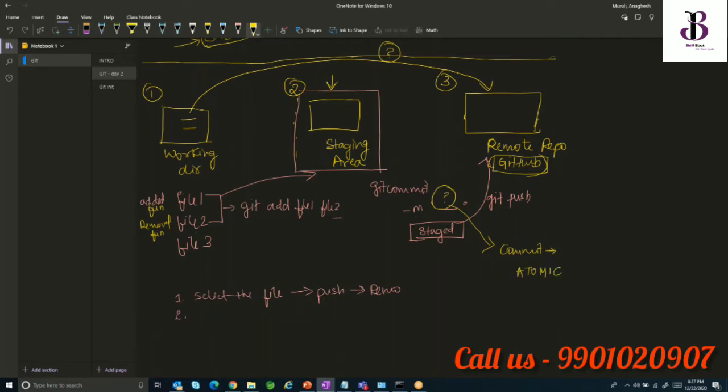What do you mean by atomic? Typically your commit messages should not have "and" in them. It should be as atomic as possible. Like your commit should not be "added functionality in file 1 and removed functionality in file 2",